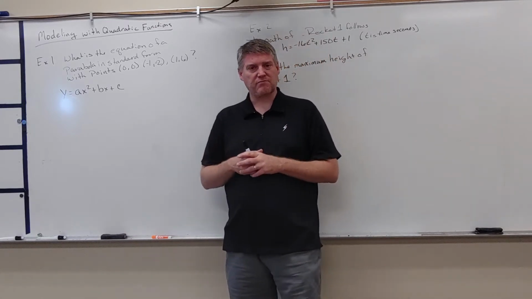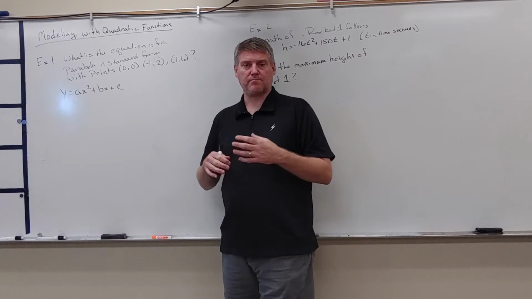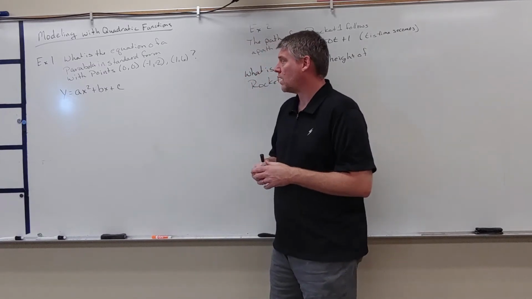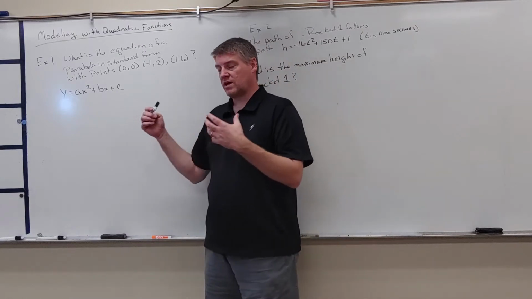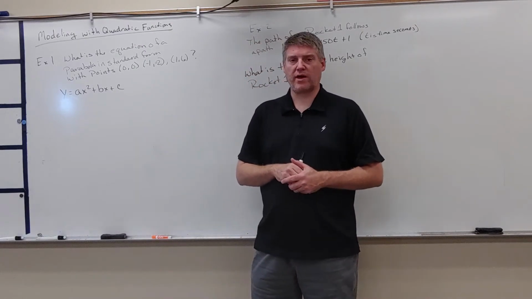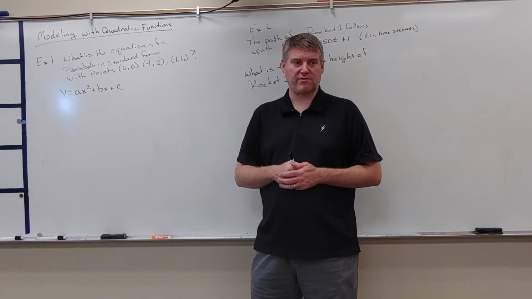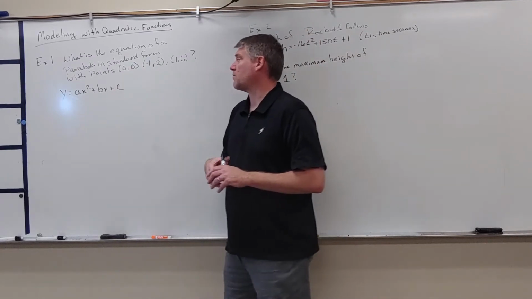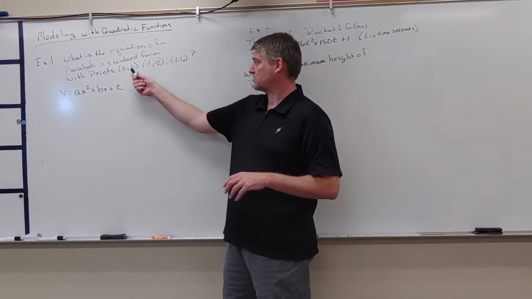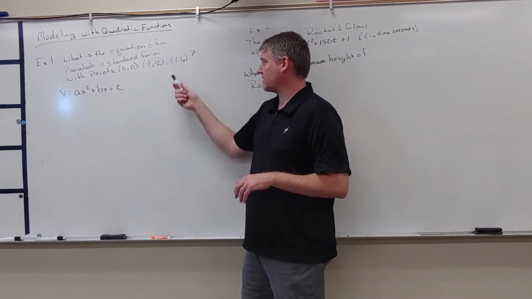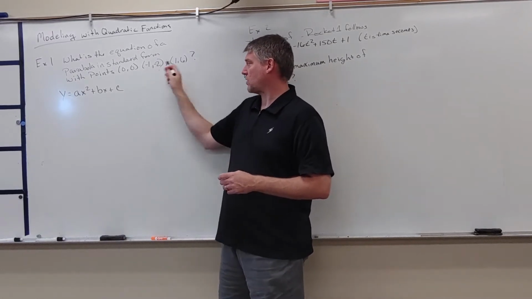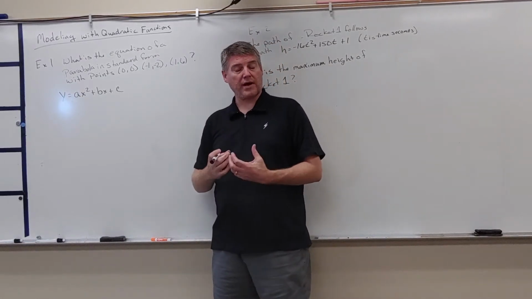So there are lots of parabolic models that we can use. We're going to keep it fairly simple. The first one is, how do I get to an equation if I'm given 3 different points on the parabola? Okay, so we're going to show that. What is the equation of a parabola in standard form with the points (0, 0), (-1, -2), and (1, 6)? Well, the first thing I have to do is plug in all of these points,